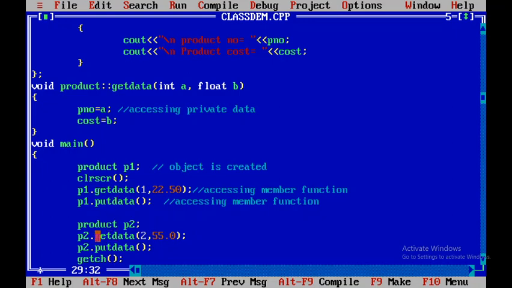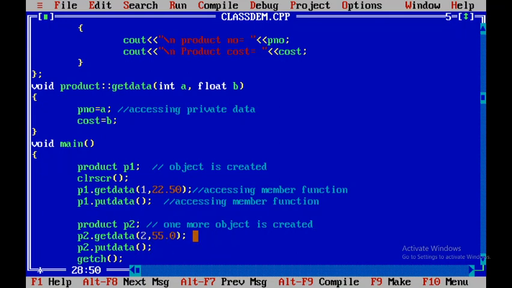Another object of the product is created. So product P2. One more object of product is created.